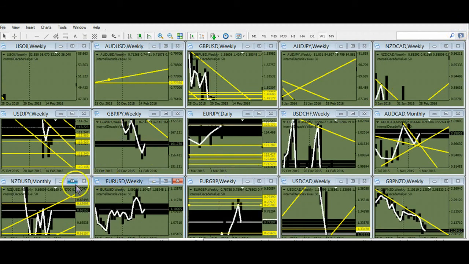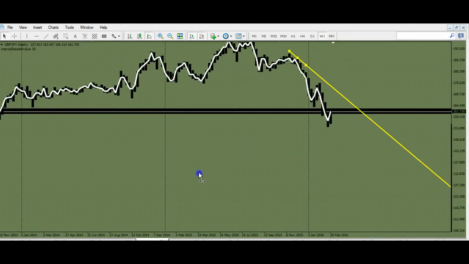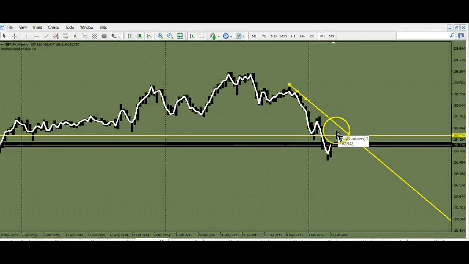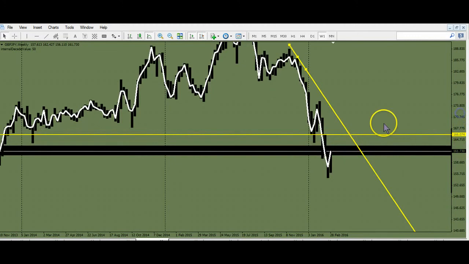Here is the New Zealand dollar and the guppy. The guppy's coming back up. You got to cover here. You got to get out if you're long. I would wait till, I say, Wednesday. I would get out of these things on Wednesday if you can hang that long. Of course,